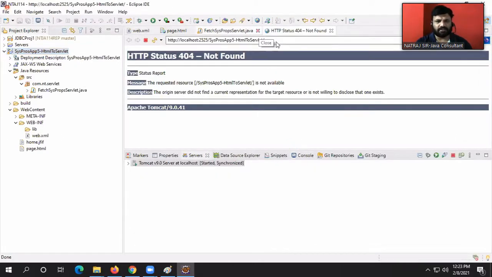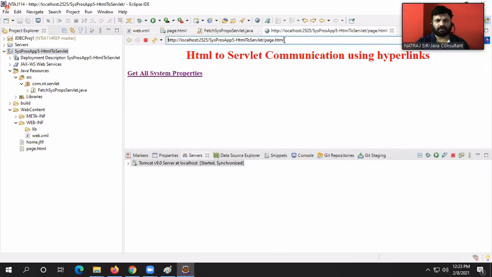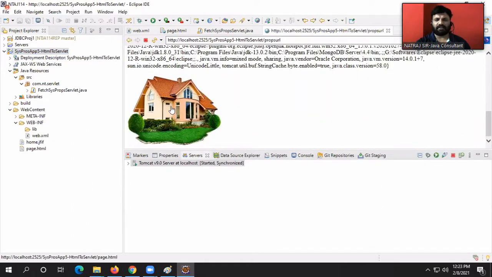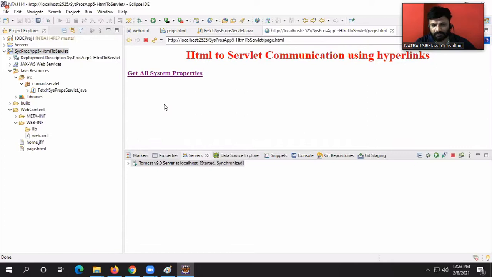Okay. What is this? page.html. Get system properties. That's cool. Yes, the image has come. Earlier it was an extension mistake. See, outside it is the normal pointer, when you click on it, the hand symbol. So the graphical hyperlink is working. It is JFIF.